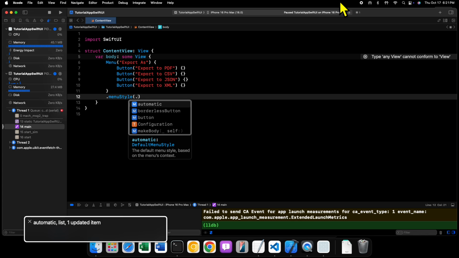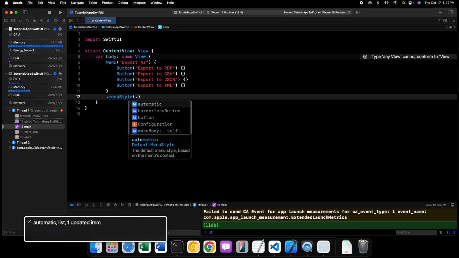This is the style that allows our menu to adapt its style based on where it is in the user interface. If it's in the toolbar, if it's in the body of our view, like outside of a toolbar or something like that. We have borderless button,